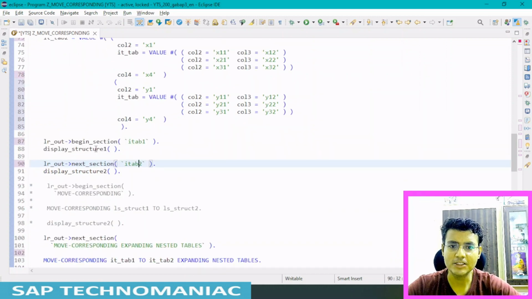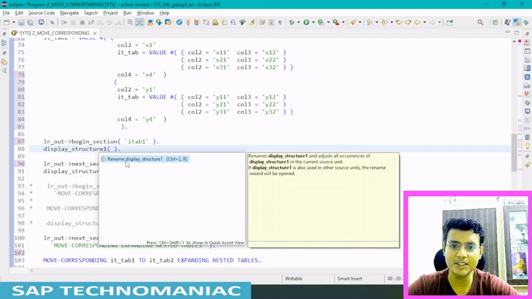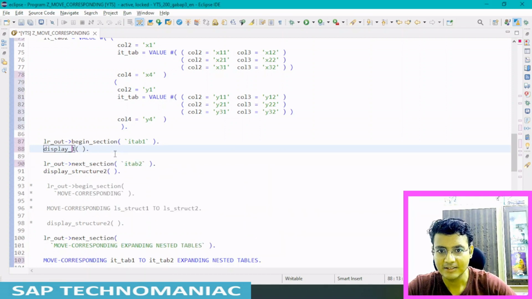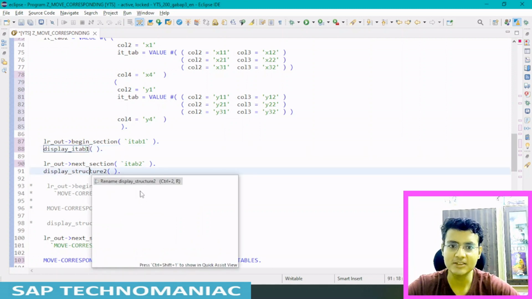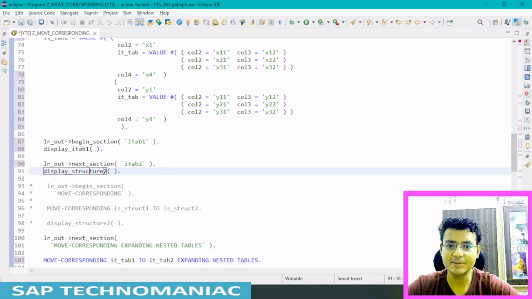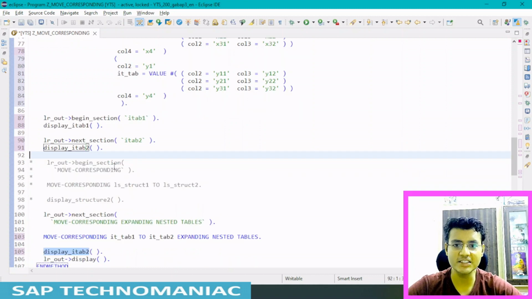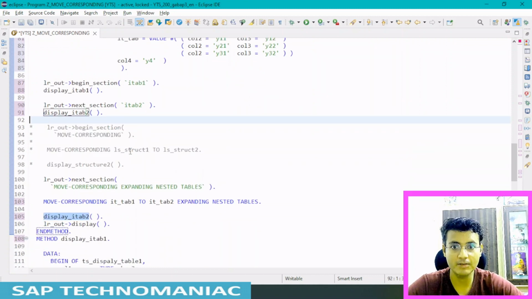So Control 1, rename it display ITAB 1, and Control 1, rename it display ITAB 2, internal table 2. Whenever I rename, it changes everywhere, in the declaration part and wherever we are using it. You can see everywhere it got changed.